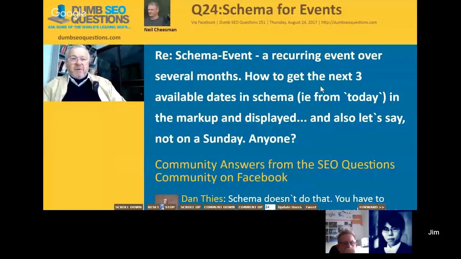All right, this one from Neil Cheeseman on schema for events. A recurring event over several months. How to get the next 3 available dates in schema, i.e. from today, in the markup and displayed. And also, let's say, not on a Sunday. Anyone? Obviously, he's talking about his ticketing site. No, Neil, I don't have a clue. Okay, so